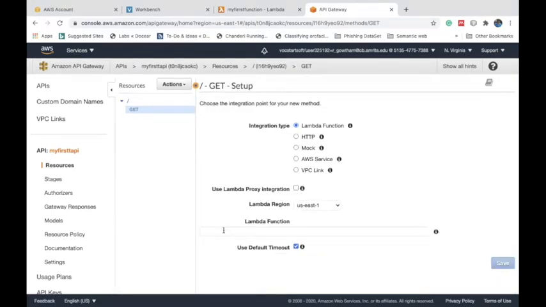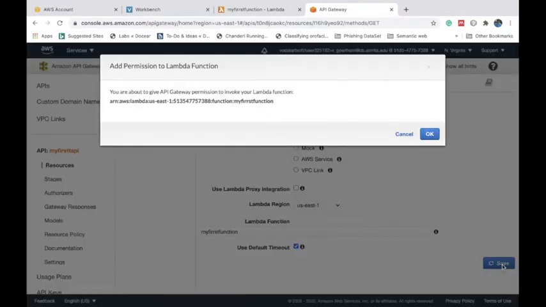In this particular interface, in the Lambda function field, you have to link the Lambda function. By default, it will list all the available Lambda functions. We have only my first function, so select the function. This is the Lambda function name which we have created. After selecting the Lambda function, click on save and give OK.